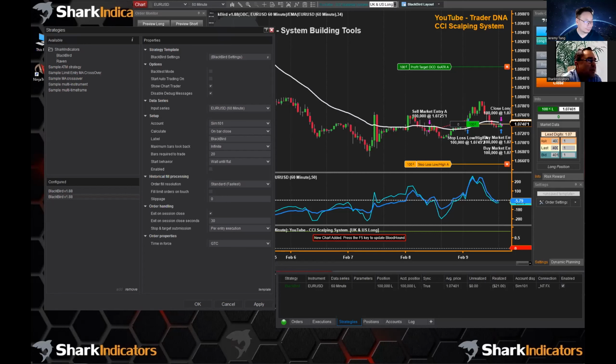Let me get back to a technical question here. John, a little further up on the chat list, was asking if the backtest mode box here was using resources. By default, the backtest mode is turned off simply so that Blackbird loads up faster, because Shark Indicators never knows how much data somebody might have on their chart.